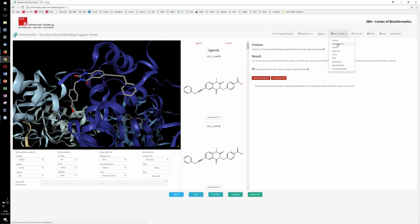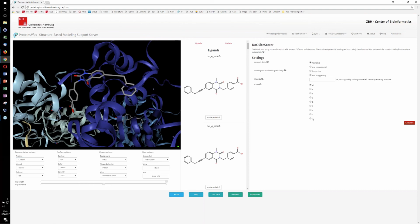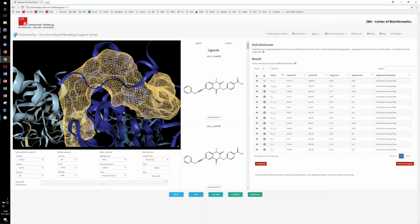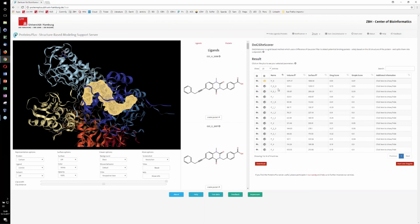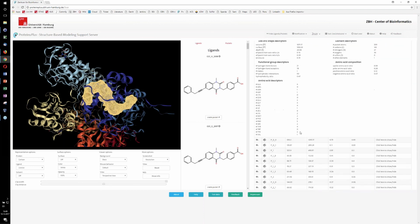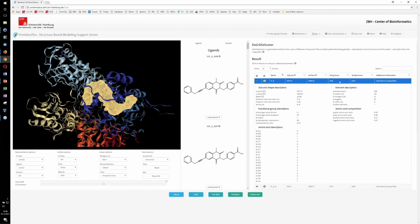We spent time in the past to work on active site prediction. So I limit this basically to just one of the tetrameric protein domains here. You can actually calculate active sites in here. You can visualize them here. You can also get all the statistical information about the pocket, the distribution, the properties, and you get the well-known